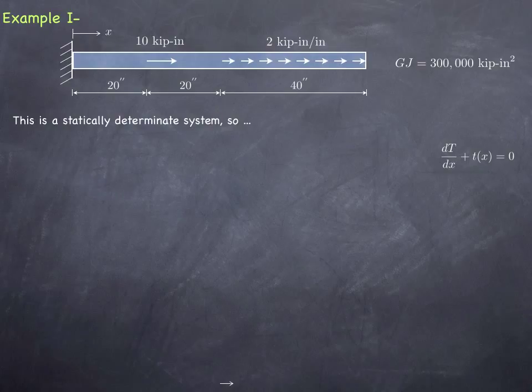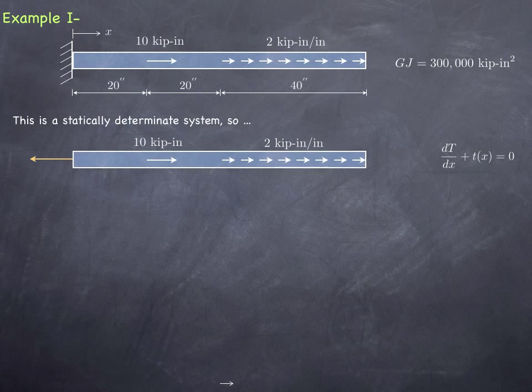We can solve this differential equation easily by, for example, dividing the shaft into three segments and evaluating continuity where these segments meet, etc. I'm going to now solve it graphically, which is equivalent to the algebraic solution of this differential equation. And to solve this graphically is easy in this case because the shaft is simply statically determinate. So all I need to do is first start by determining the reaction torque at the left side,